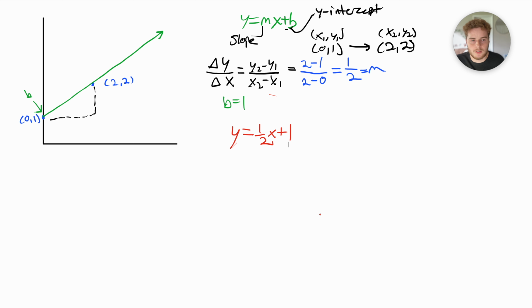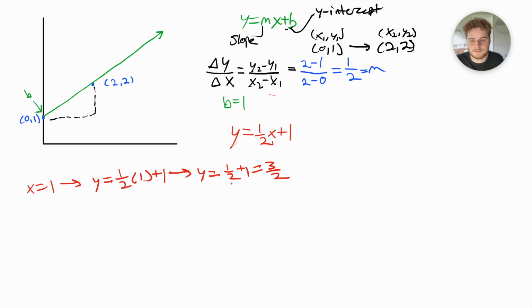Now I want to plug in a couple of x's just to show how this equation works. Let's say x equals 1. So we're going to plug that into our equation. We still have y. We're looking for y here. We're going to have 1/2 times 1. We plugged in our x equals 1 for the x in the equation. And then we still have a plus 1 at the end. And that's going to be y equals 1/2, because 1/2 times 1 is just 1/2, plus 1, which equals 3/2,